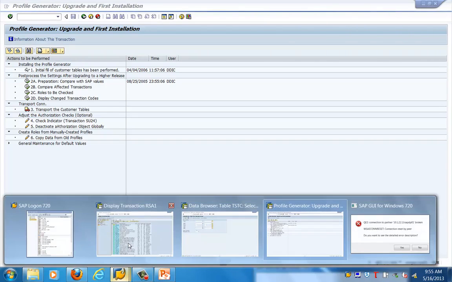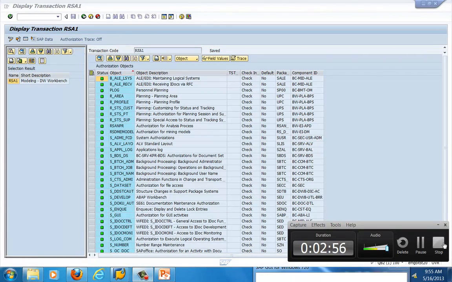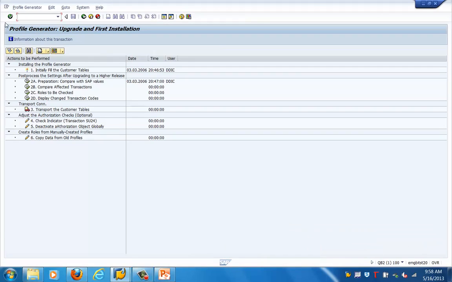So let's go to another system and execute this. Here you can see step 1 is initially fill the customer table. Step 2 is preparation, that is compare with SAP values.